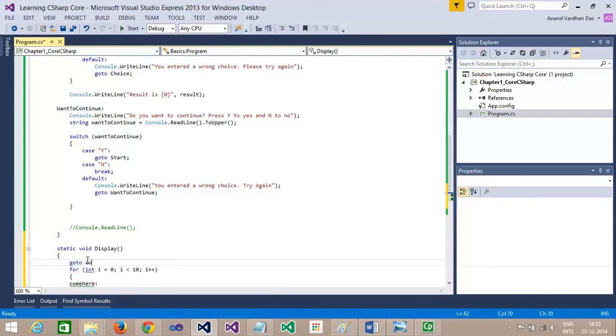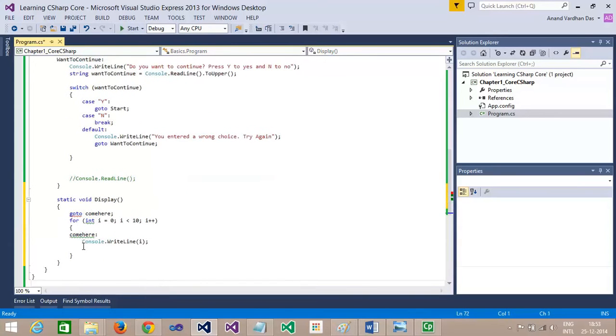So in this statement I am entering the name of this label. It is throwing me a compile time error that no such label come here exists within the scope of the goto statement. The scope of this label is inside this body. So within this for loop body, if I write goto and say come here, this is totally fine, because the scope of this label is inside the loop body. It cannot be accessed from outside of this body. So if I try to write goto and the come here label from outside, the compiler won't allow me.